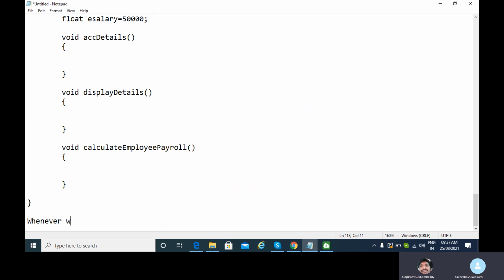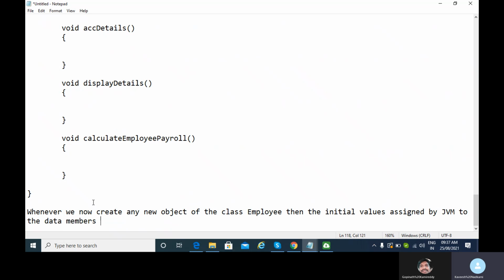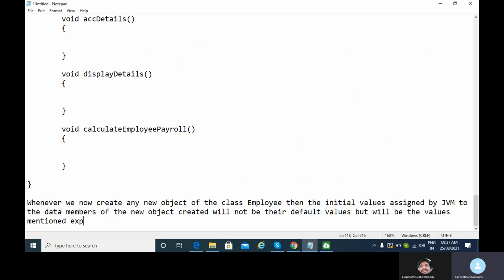Whenever we now create any new object of the class type Employee, the initial values assigned by the JVM to the data members of the new object created will not be the default values, but will be the values mentioned explicitly while declaring the data members.